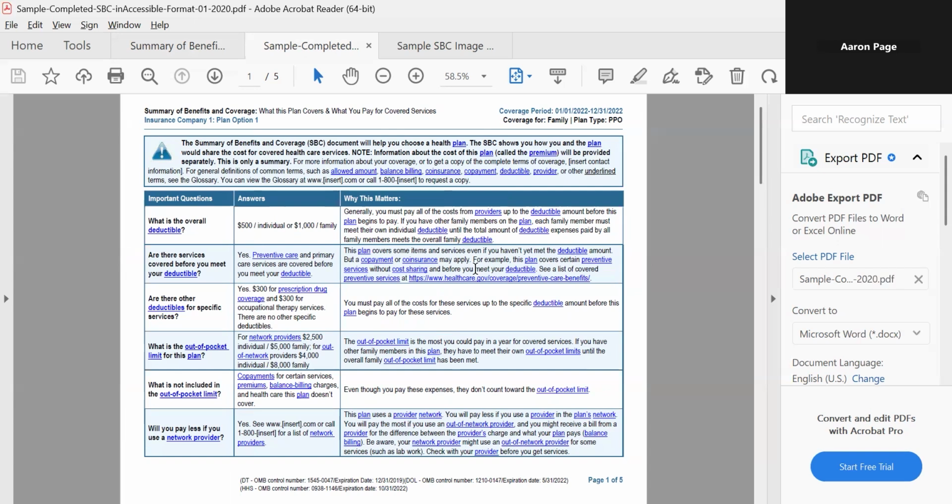Summary of benefits and coverage: what this plan covers and what you pay for covered services. Coverage period: 01/01/2022-12/31/2022. Insurance company 1: plan option 1 coverage for: